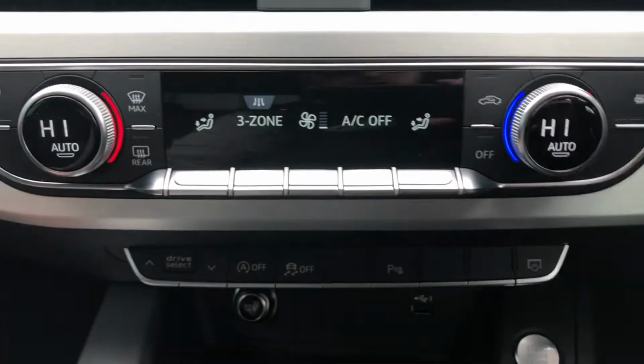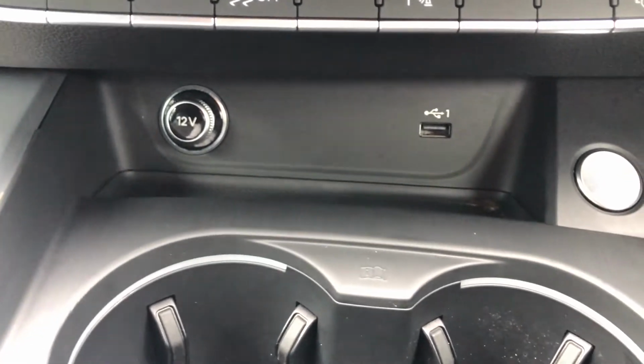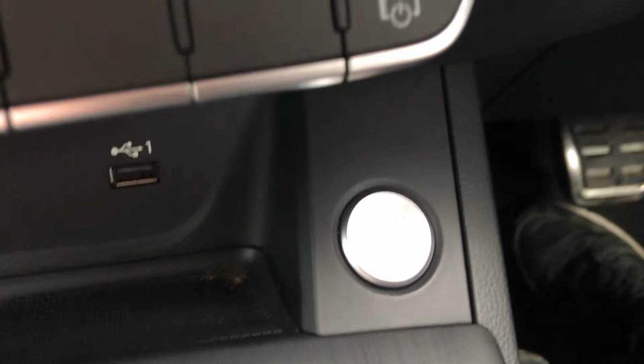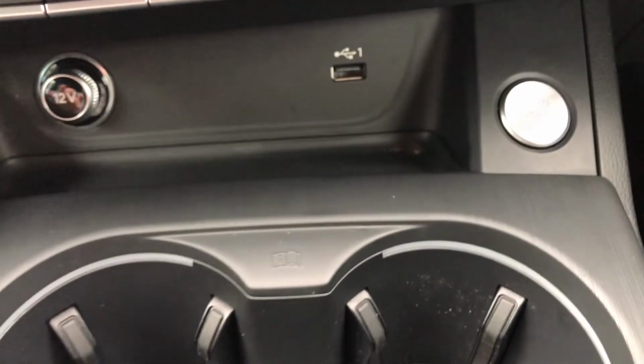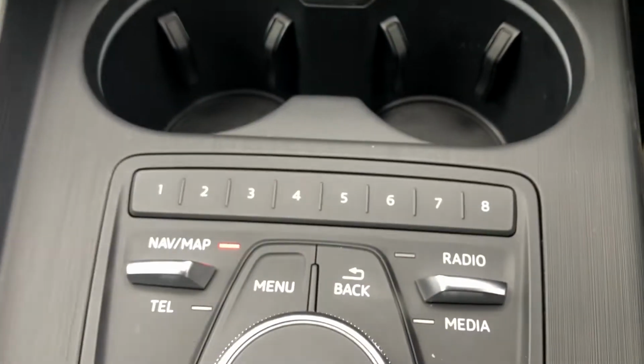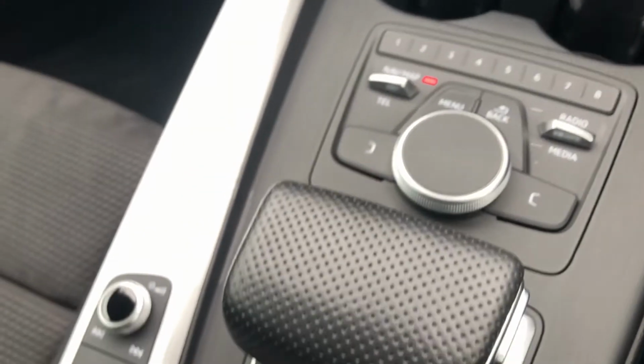and a button to not fold the menu in, but just turn off the screen. Under there you've got USB, 12-volt charger, push button start, which is a real nice feature, finished in chrome. Looks really nice against the brushed black aluminium. You've also got the brushed aluminium two-tone here, dual cup holders, touchpad, iDrive system,